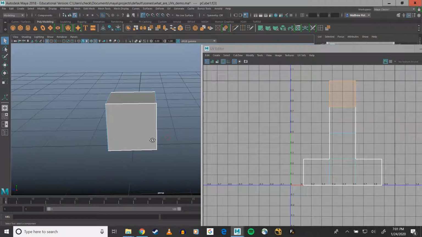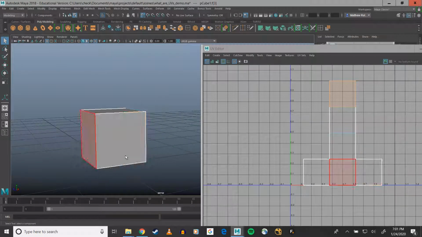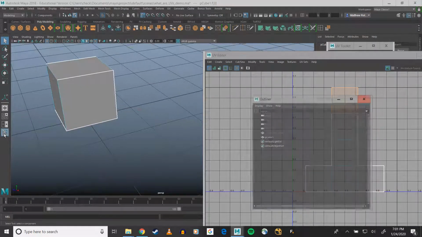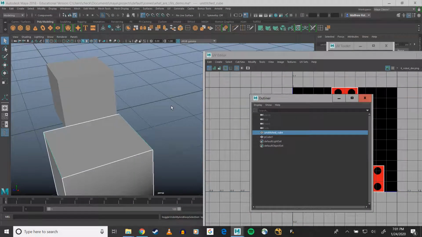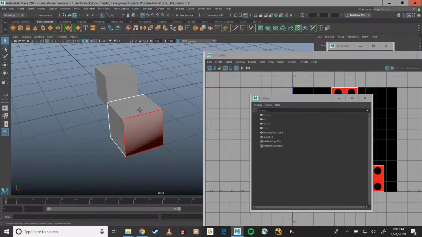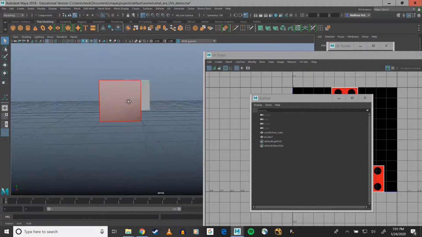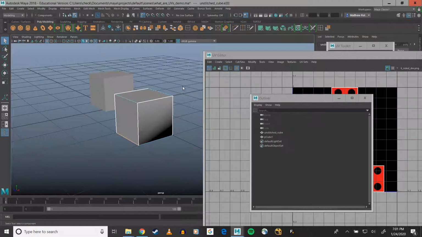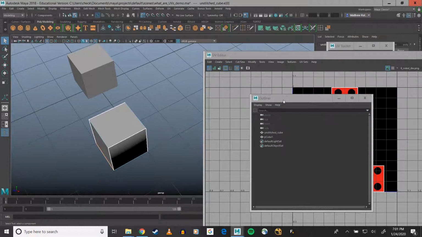Basically, what happens when you create UVs is you want to get a 3D object and unfold it into a flat 2D representation of that object so that you can map flat 2D images onto your 3D object. To do that, I have this cube that I have effectively torn apart for the purpose of demonstrating how everything gets unfolded. So basically, when you unfold this cube into this shape,